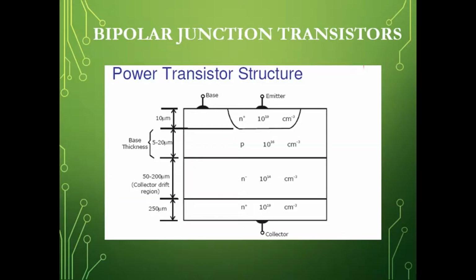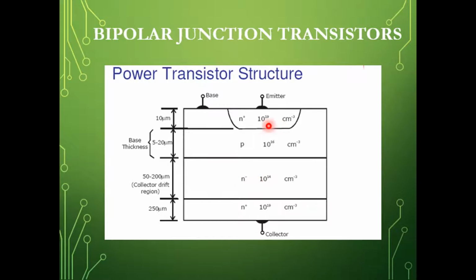First, coming to the BJTs. You might have studied BJTs, that is signal transistors. There are two types, one is the NPN transistor and the other one is the PNP transistor. The power transistor is slightly different from the normal signal transistor. Why? Because there you have 3 alternate layers, NPN layers or PNP layers. Here, in addition to that, you have an additional 4th layer which will decide the breakdown voltage.